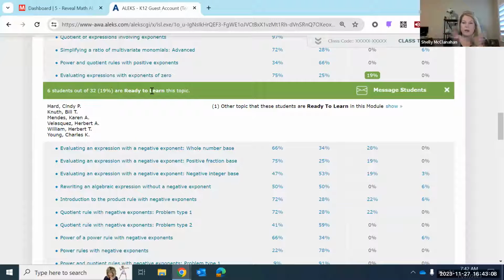Oh, what do you mean they're not quite ready to learn it? I need to teach that today. Where do I go to get assistance for those students who are not quite ready to learn a topic? Well, that's where you go over to Reveal, because ALEKS will eventually catch them up, but I need them to